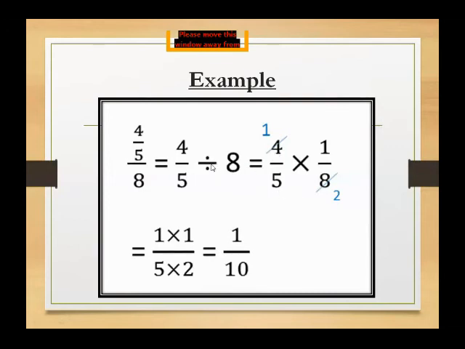How will we solve this divide? We will solve divide by replacing the sign with multiplication and taking the reciprocal of the term written after the division. So instead of this division, we will write multiply, and we will replace this 8 with its reciprocal, that is 1 upon 8. Now cross cancel by the same tables. 4 ones are 4, 4 twos are 8. So remaining is 1 into 1, and 1 ones are 1, and 5 twos are 10. So the answer is 1 upon 10.